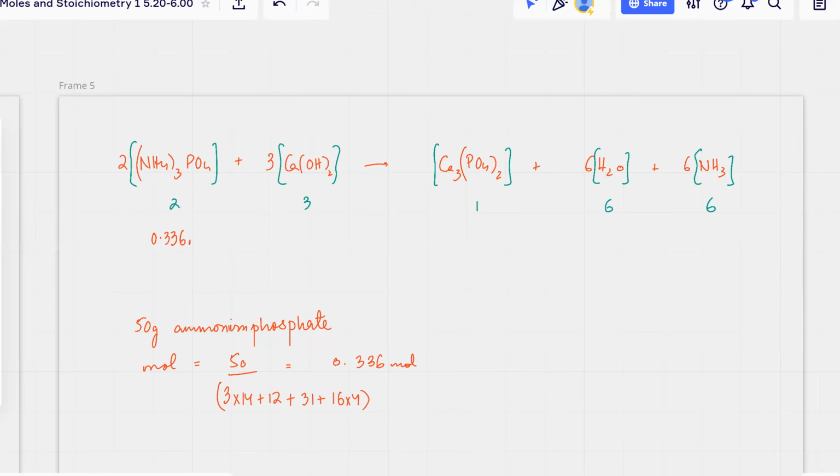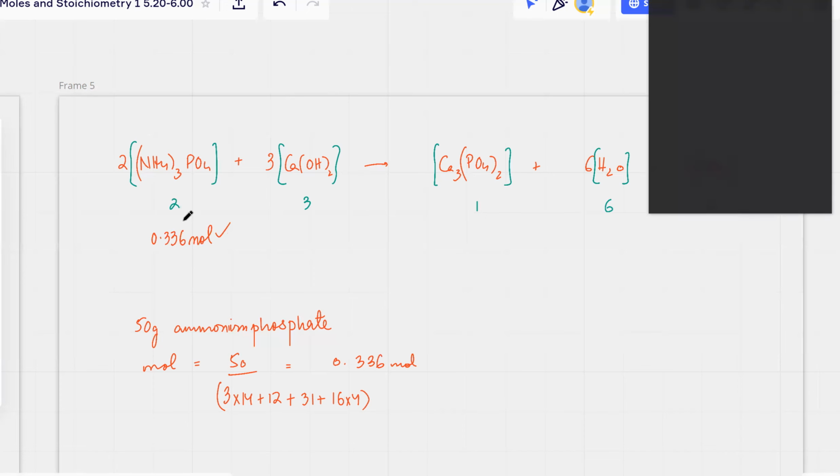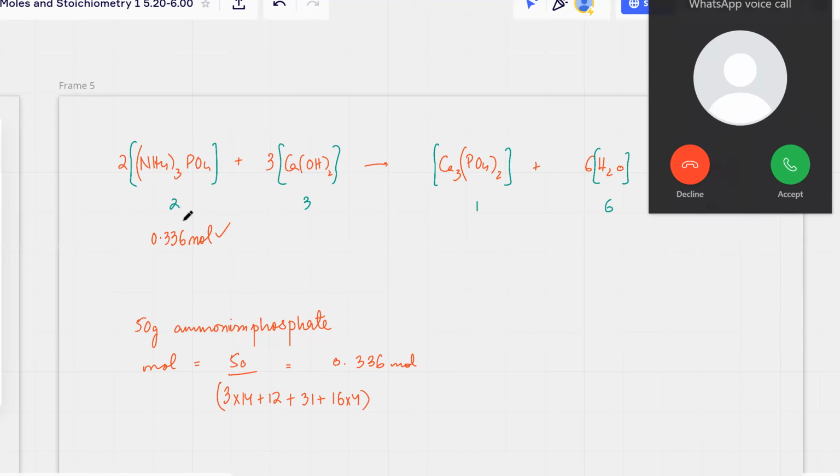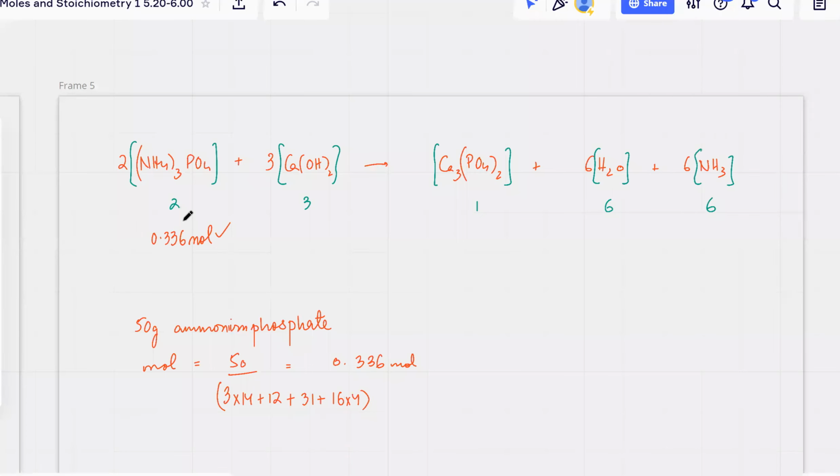0.336 moles। एक, अच्छा एक के भी मोल्स पता लग जाए ना, तो using that you can find the moles of all the other things। तो क्या होगा, 0.336 divided by 2 into 3, तो इसके मोल्स आ जाएंगे।